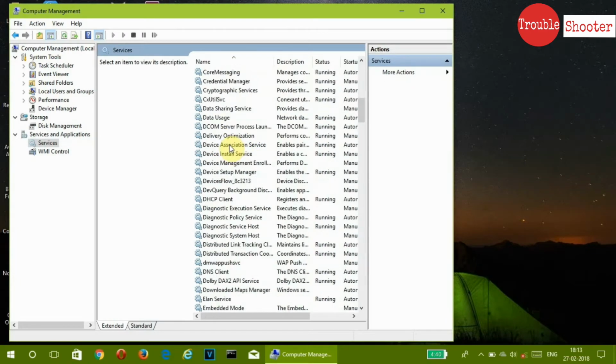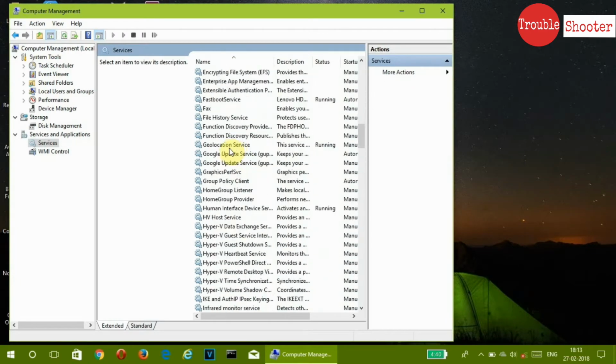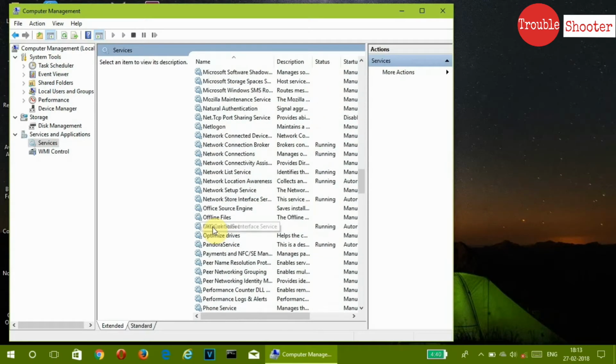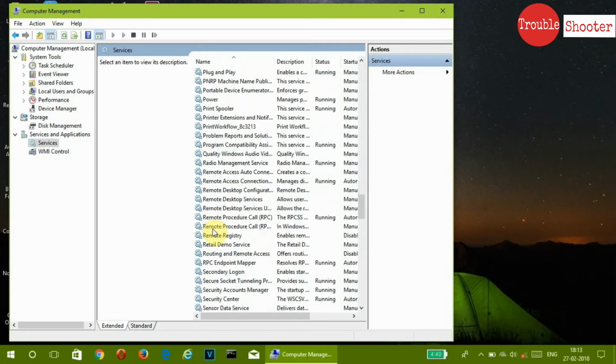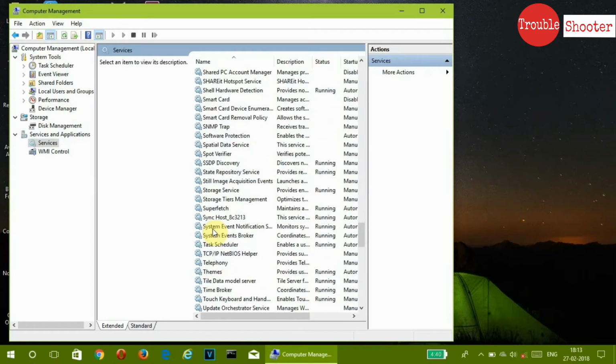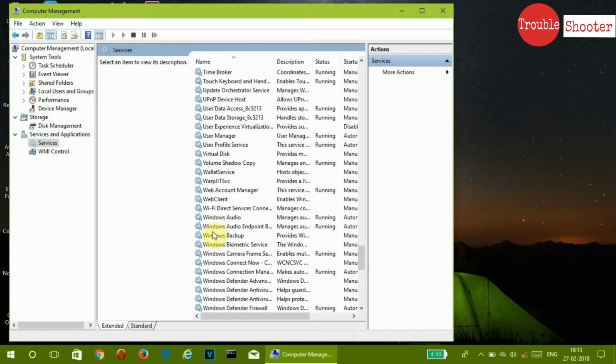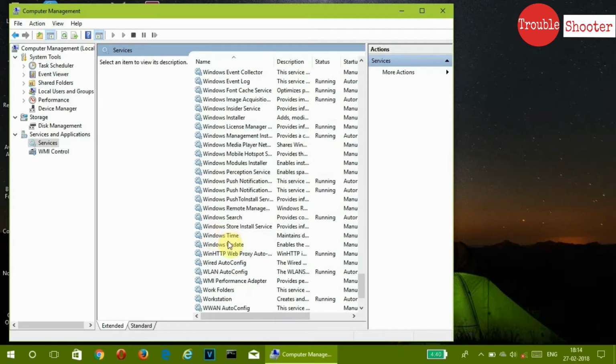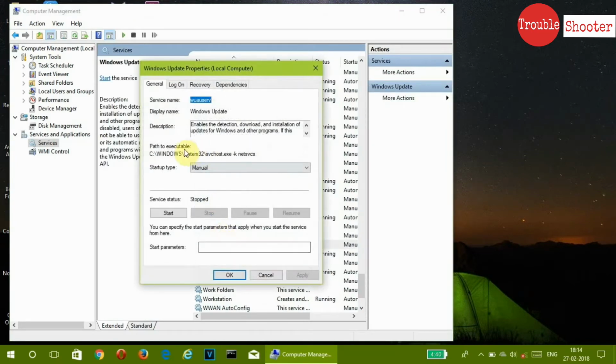You will have to search for Windows Update. Okay, here it is, as you can see. So double click on it. In here you can see